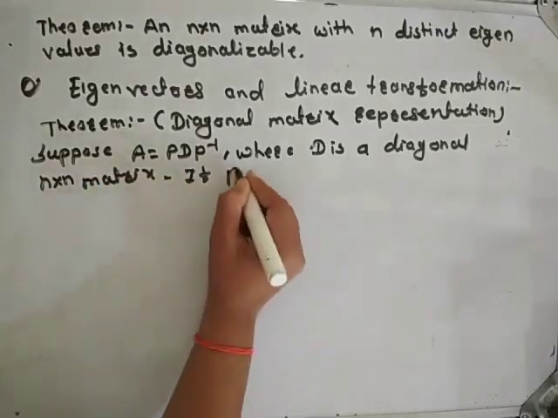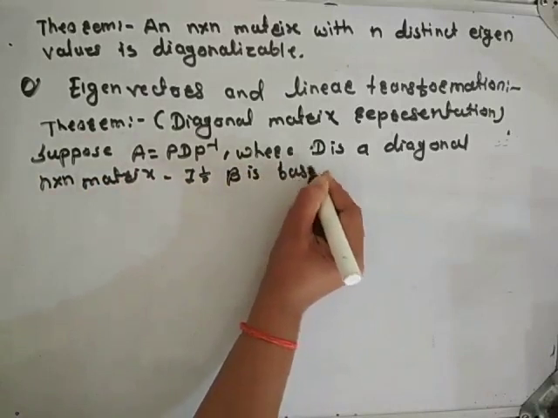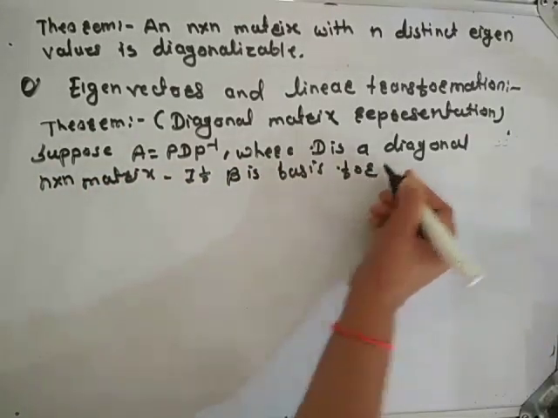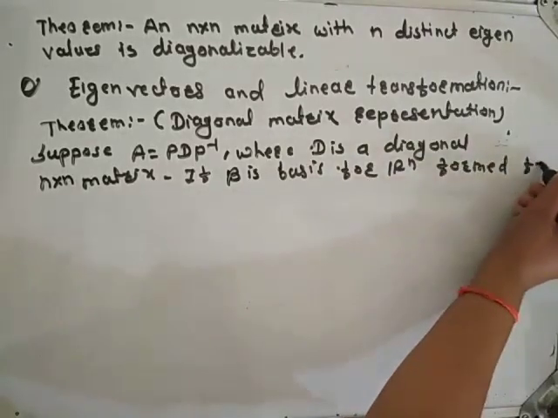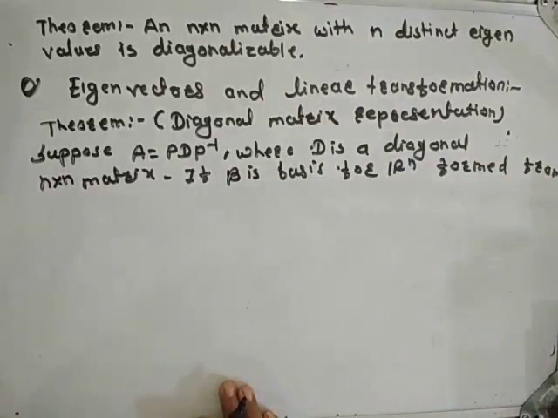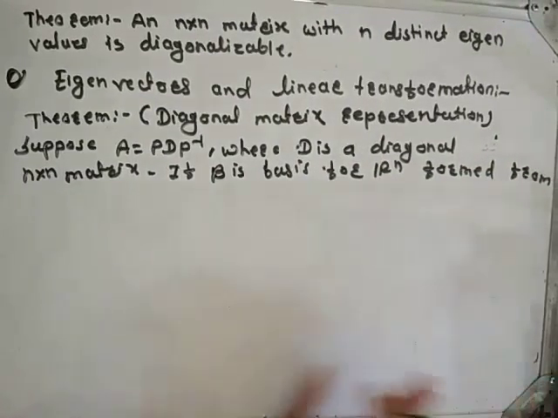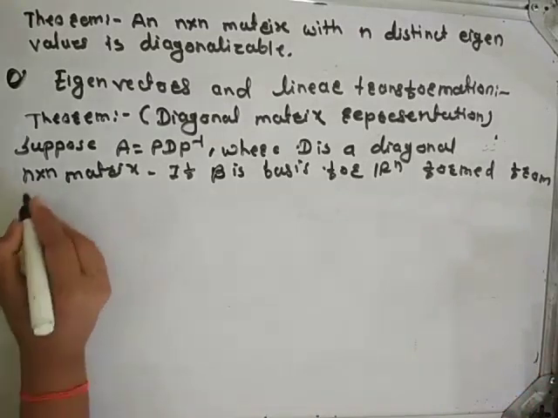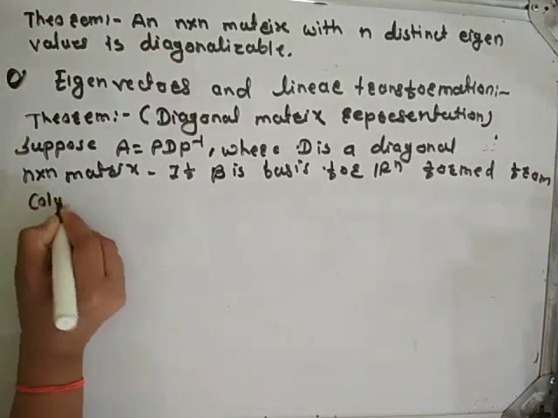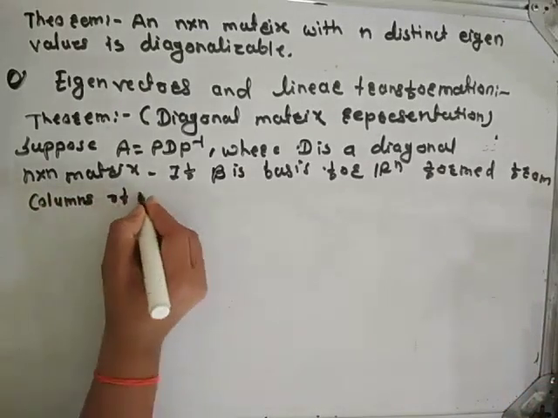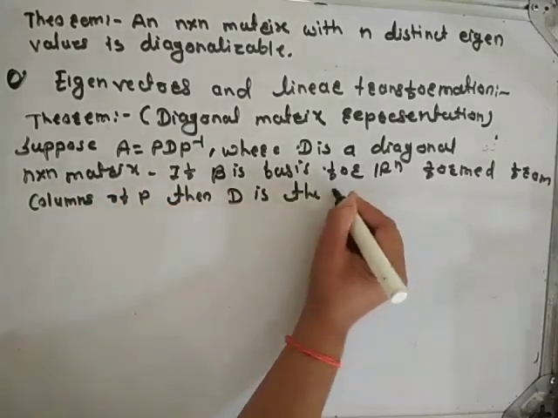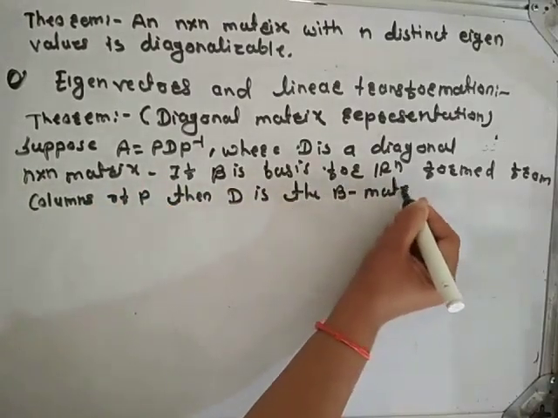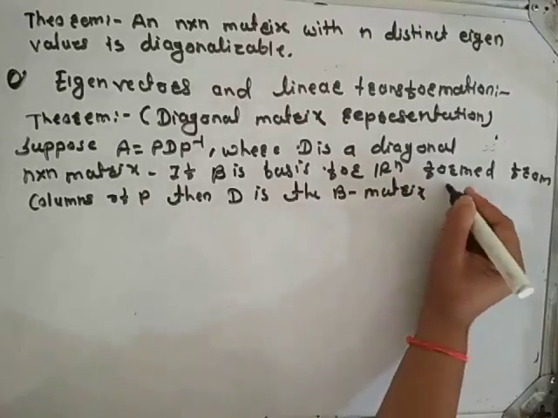If B is a basis for Rn formed from the columns of P, then D is the B matrix for the transformation